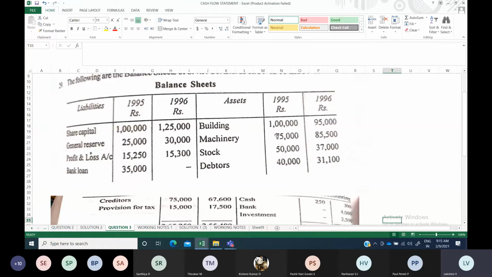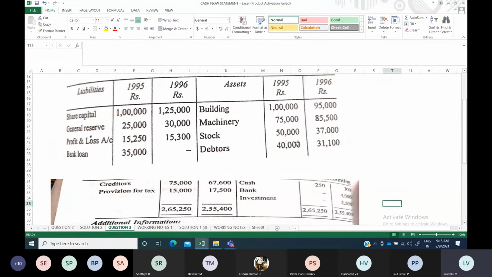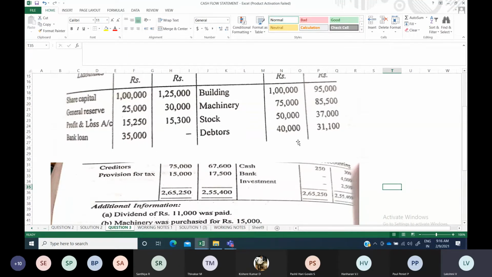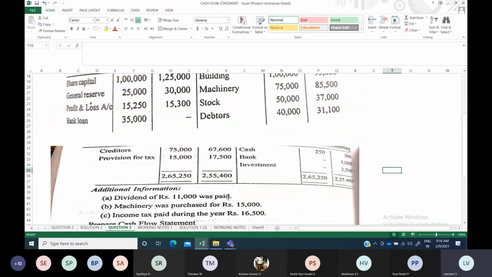Okay, so here in cash flow statement as per accounting standard 3, you will be categorizing into operating, financing and investing activities. Depreciation everything will be finished off in operating activities itself. But purchase or sale will be taken to investing activities. So here we have to prepare the machinery account. Why we are going to prepare means we have to find out any depreciation is there for this sum.